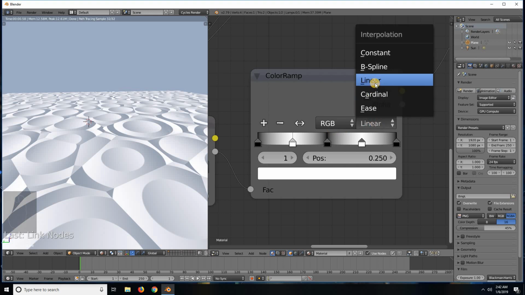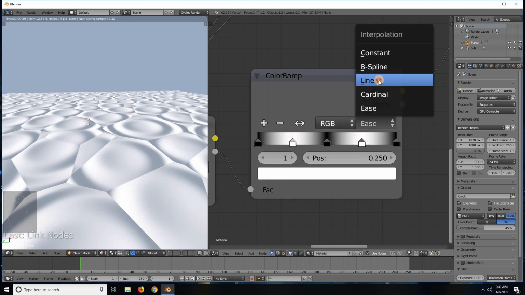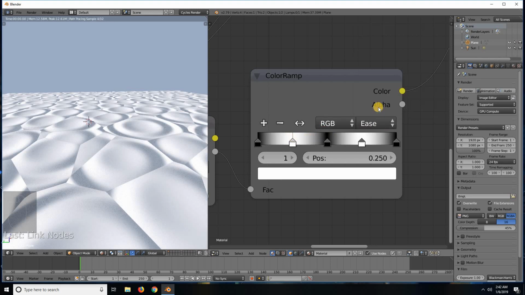We have linear, which is currently set to constant, B-spline, cardinal, and ease. Now, ease is pretty much the easiest, well, that and constant. But ease, as you saw when I switched to ease, this black section here, as well as the black sections on the sides, and the white section above each of these actually got bigger. I'll switch back so you can see them shrink,